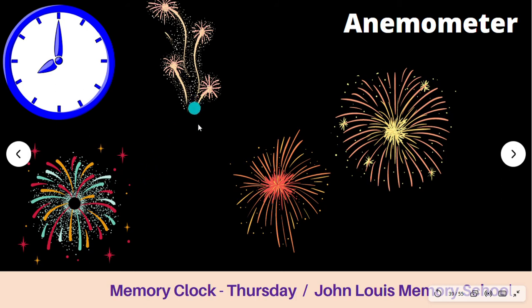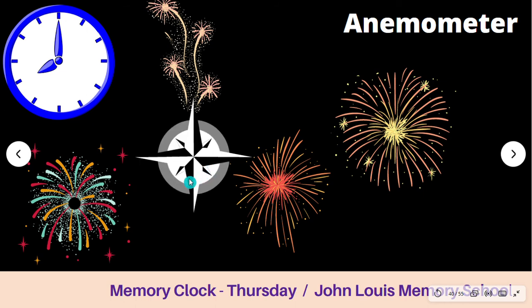Okay, what's the thing you need to do? Fireworks at 8 o'clock. There are some fireworks near the town hall or somewhere, and you have to go there and enjoy that. So just imagine from the anemometer what is going on. Fireworks are going on. See it in your mind's eye. See it as a clear picture in your mind's eye. Just a fraction of a second is enough. That will stick in your mind. So seeing it as a picture and linking them together and making it fun filled, all these things stick very well in our mind. That will take the information to our long term memory.